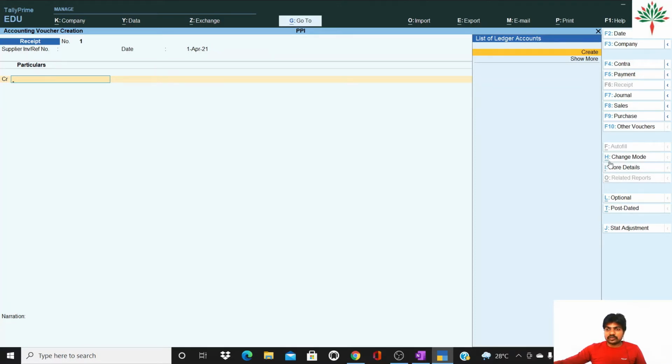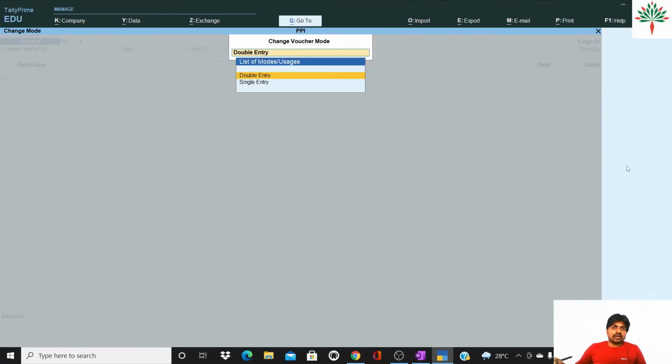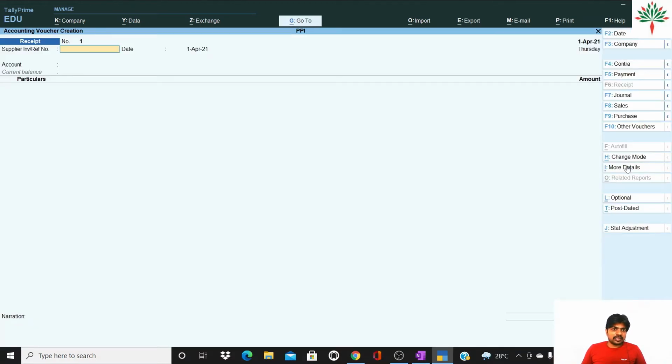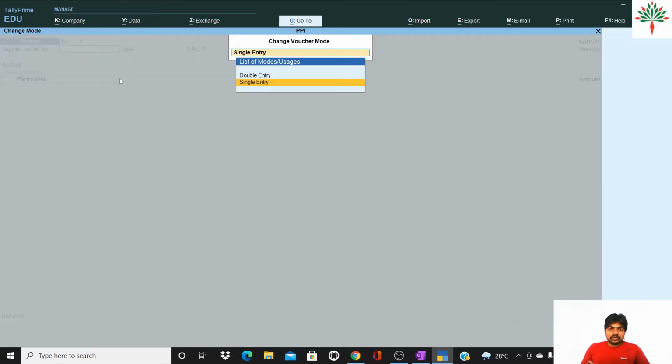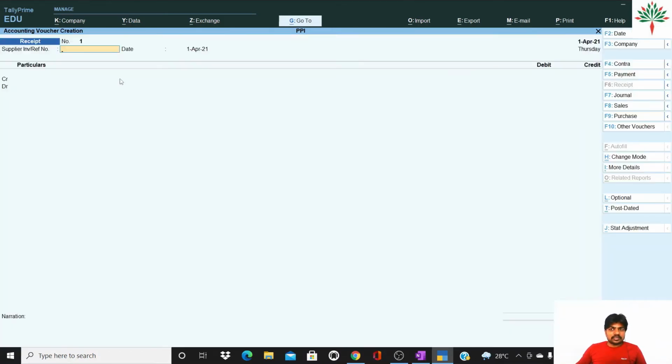Now which shortcut key will you use? You can see here below H there are two lines. Two lines means the Control key and a single line means Alt. Okay, so two lines means Control, that means the shortcut key for change mode is Control plus H. So we will press Control plus H. Now it is asking for double entry or single entry. If you want a single entry, you can enter, and now you can see there is no To or By, nothing else. Okay, so it is now in the form of single entry. And if you want to use Control plus H double entry, you can go for the double entry as per your easiness, as per your convenience.